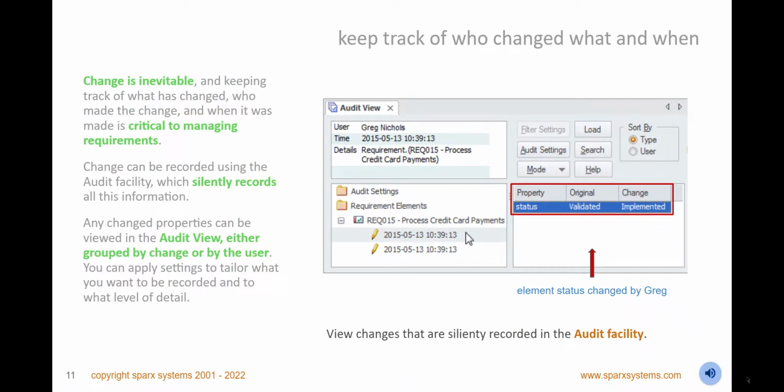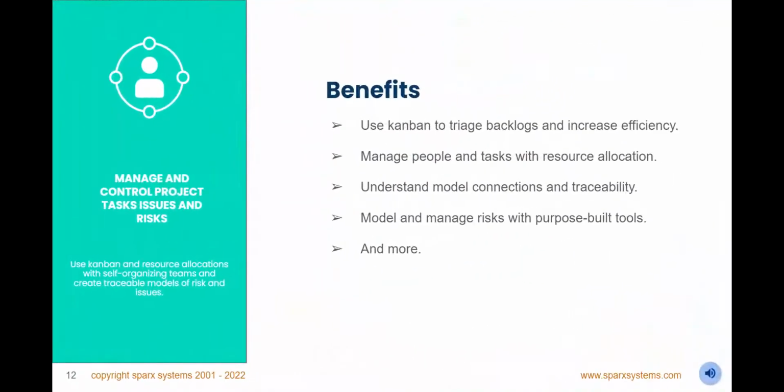Keep track of who changed what and when by enabling auditing for the repository. Use the Settings window to specify the auditing level and to adjust the amount of information you want to record. Also, define the elements you want to include in the audit. You can enable auditing at different times, such as when consultants or external parties are working on the repository or at particular phases of your project.